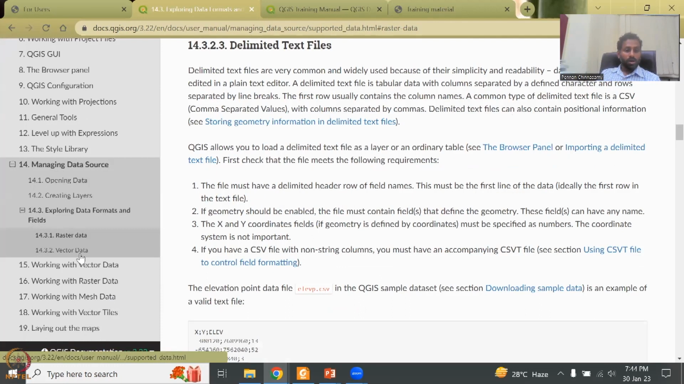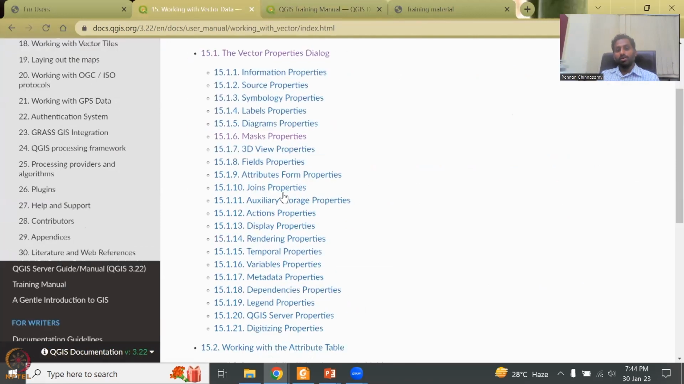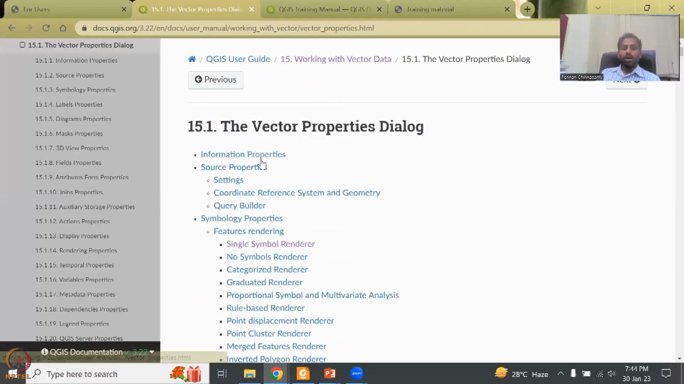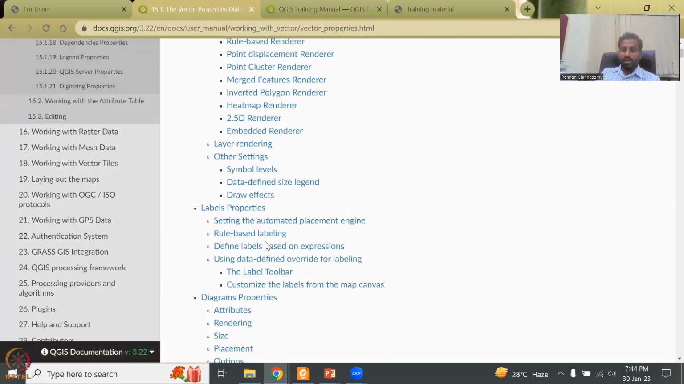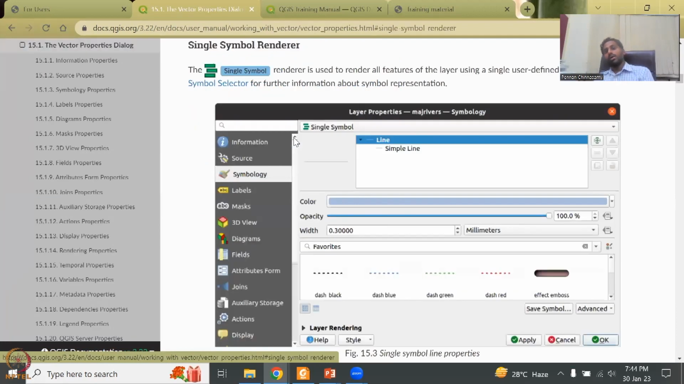Okay, so we will go to working with vector data. So you will have multiple points to discuss. So the vector properties dialog, what it means. Then it will go through each and every point that you would like to discuss in using vector data. Let's say single symbol render. If I click the single symbol render, you could see how you style your vector data in the database